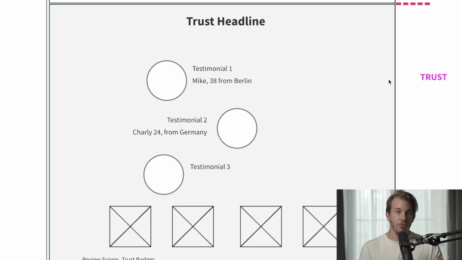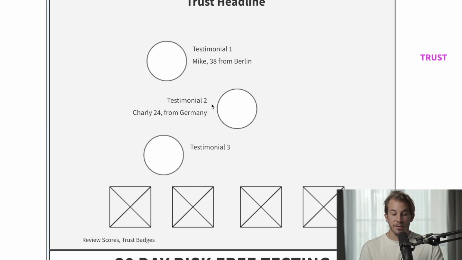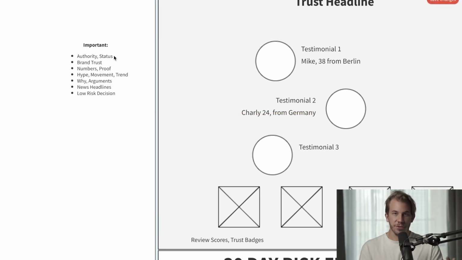platforms where you, for example, have your reviews. You can use Trustpilot, Proven Expert, Trusted Shops, Reviews.io. There are so many ways to put your reviews and ratings here. You could put your Google ratings here, your Amazon ratings if you're an e-com product selling there. Whatever good, trusted stuff you have here works. Numbers work. I think I have a list here. Authority, status, through whatever means. If you have certificates, if you have endorsements, celebrities, influencers, reach, numbers, anything that gives your brand trust, put it